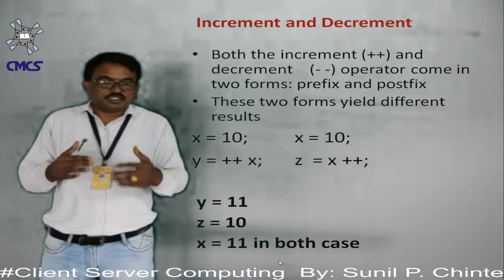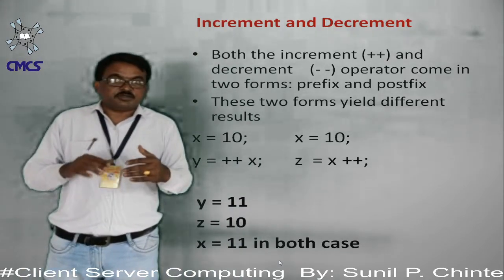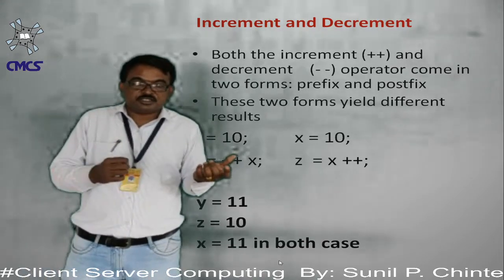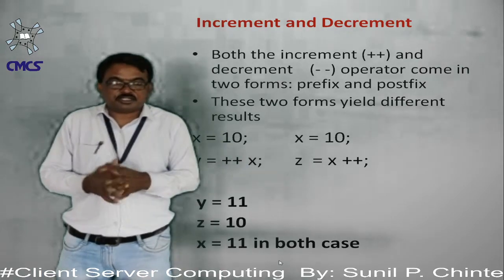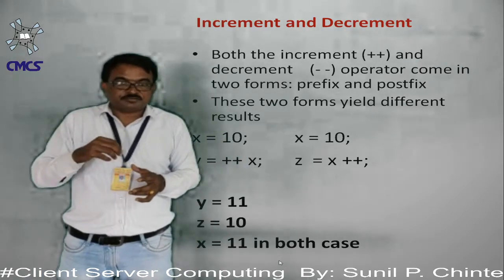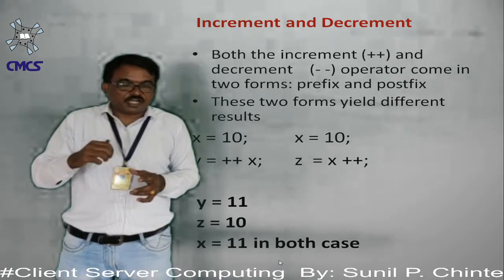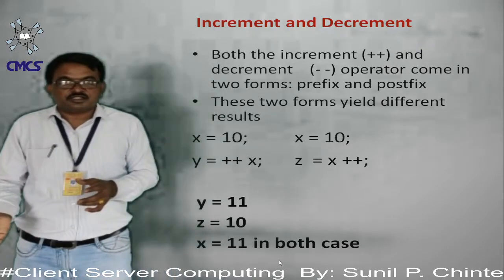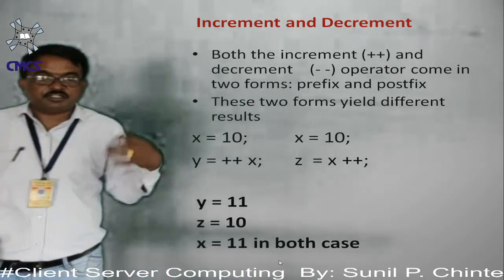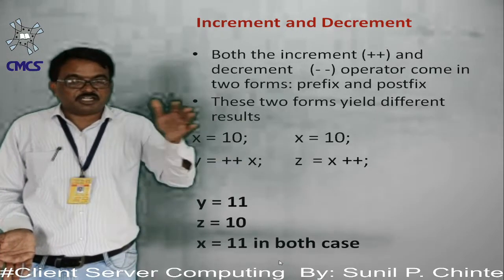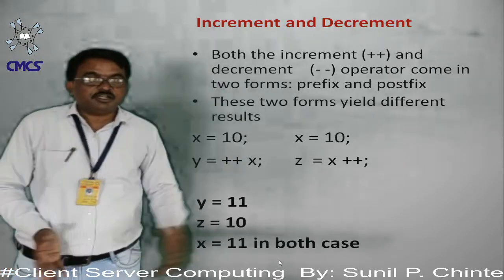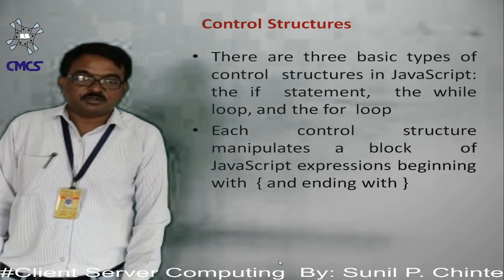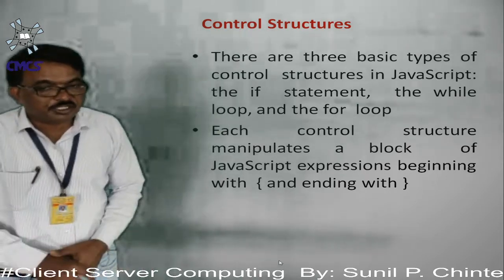Same concept is with the decrement operators. Means we can use the decrement operator as a prefix and a postfix. If we use the decrement operator as a prefix, it means that we will decrease the value of a variable first, then it will be assigned to the variable. And in post decrement, first the variable value will be assigned to the variable, then the value will be decreased. This is called the increment and the decrement, that can be used as a prefix and a postfix. Okay, so this is all about the operators.